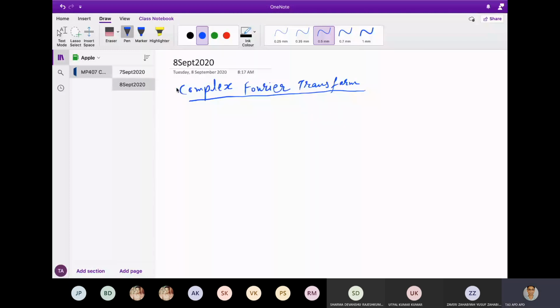Right, so moving on, now we will just combine both the Fourier cosine transform and the Fourier sine transform. I'll combine these two, and we will obtain the general expression for the Fourier transform. Okay. So if we write down the expression for the Fourier integral, then it is something like